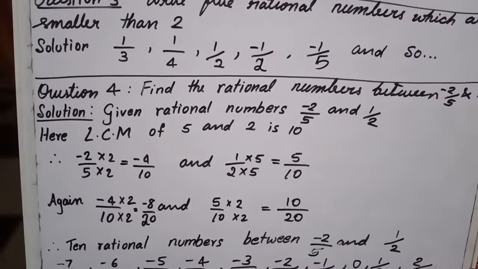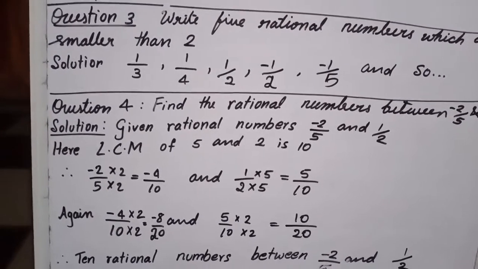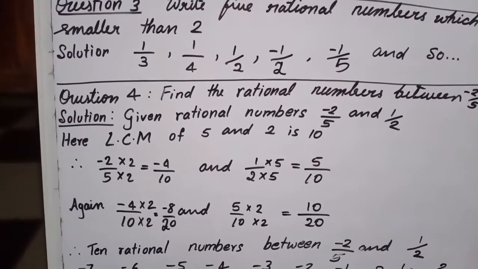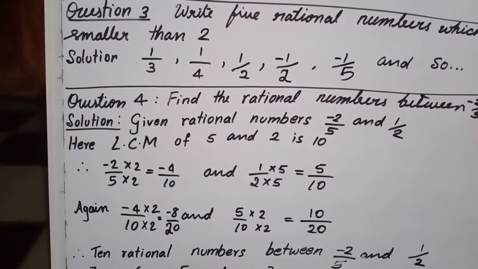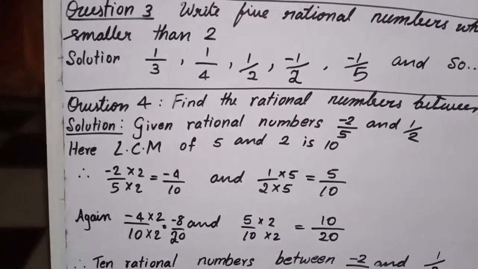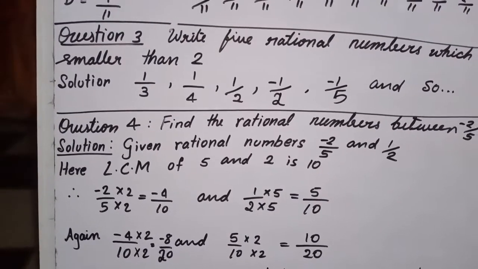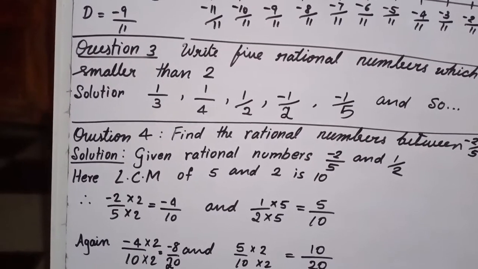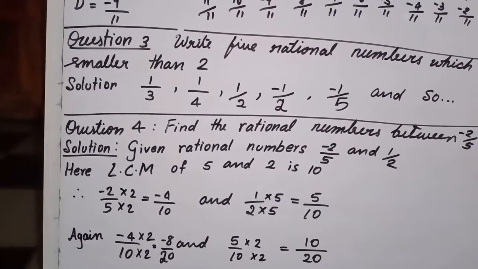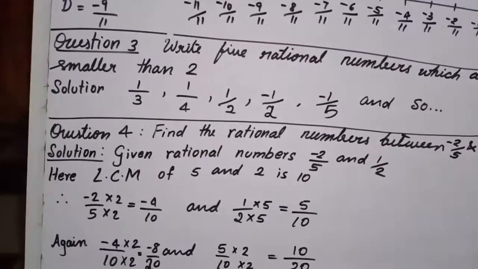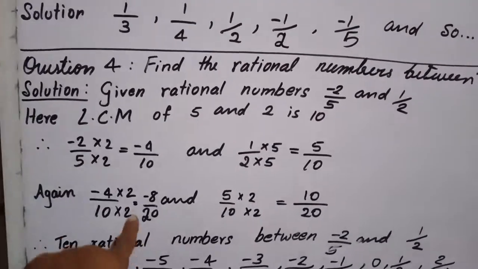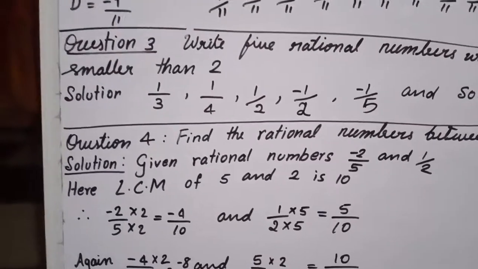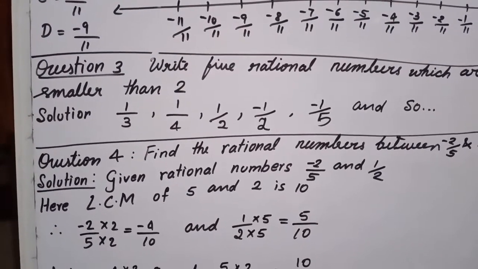Your work is so easy. You have to find the LCM of the denominators if the denominators are different. After finding the LCM, we have to make both the denominators the same. Then you have to check whether, according to the question, we can write that many rational numbers in between. If it is not possible, as I said, again you can do the multiplication. But whatever changes you make, you have to do for both.